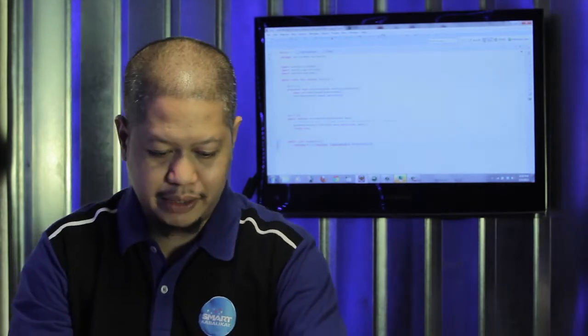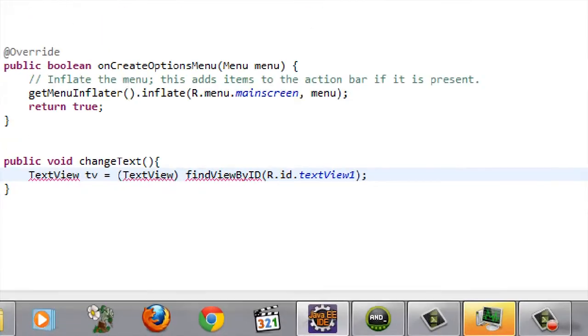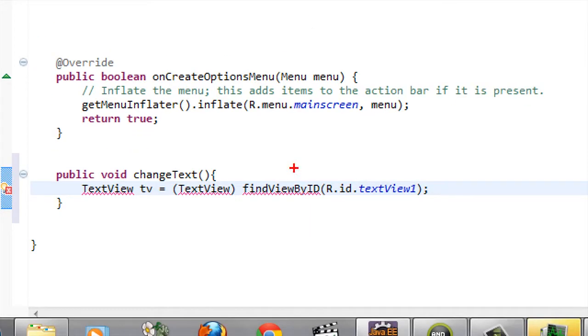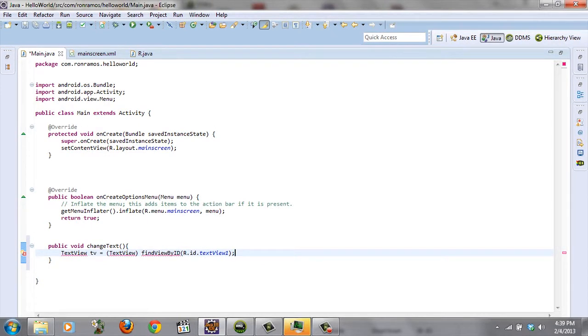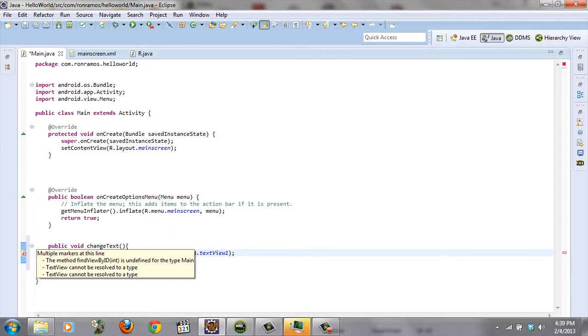Okay, so now you're looking at my screen and you're going, but sir, you have an error there, as indicated by the red squiggly marks. Why am I having an error? If I mouse over again, and if this is the first few times you're using Eclipse, whenever you get a warning or an error and you want an explanation, don't forget to mouse over that particular symbol. So I mouse over it and it's telling me now, okay,